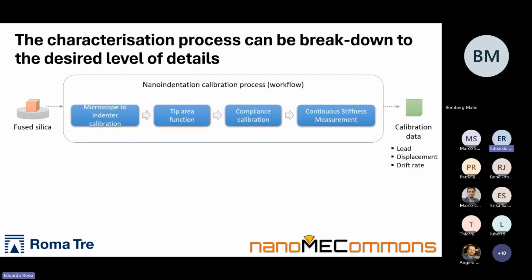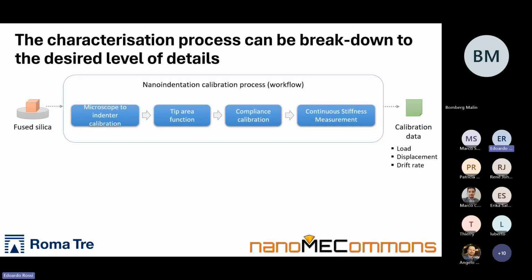Let's have an in-depth vision of an example of a nanoindentation calibration process, so you can understand really what are the steps in these characterization diagrams. So our reference sample in this case for nanoindentation would be the fused quartz or fused silica sample. We have in the nanoindentation calibration process several steps that are being defined. So remember that every time I'm presenting this data, I'm speaking about something that has been